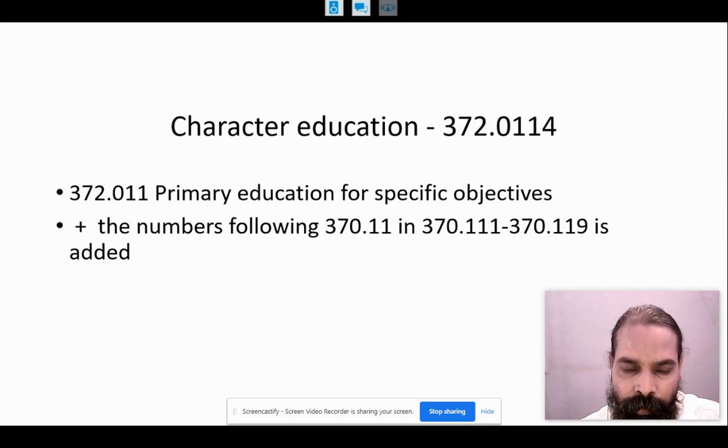Now another example: character education. The number is 372.0114. Now we will see how this number is arrived at. 372.011 is